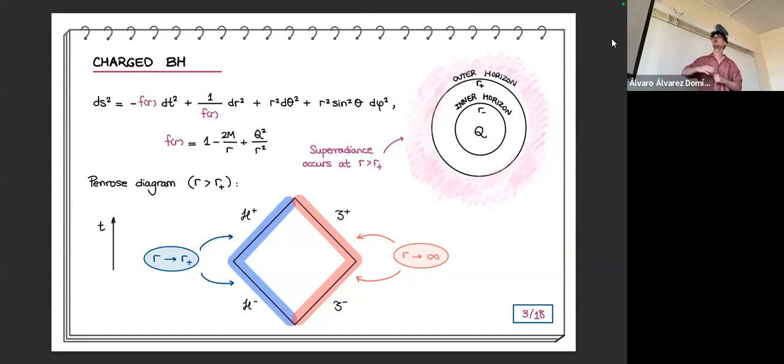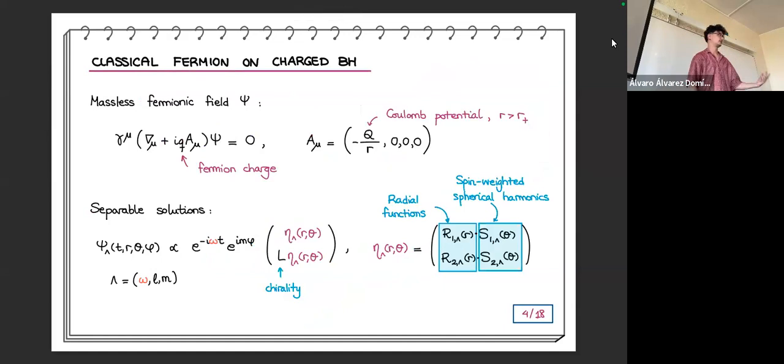Obviously, we have here with the minus signs the asymptotic past, and the asymptotic future with the plus signs. This is the only ingredient that I really need to understand the core of this. So this is regarding spacetime, and now we need to put on top of that a field, a fermionic field.